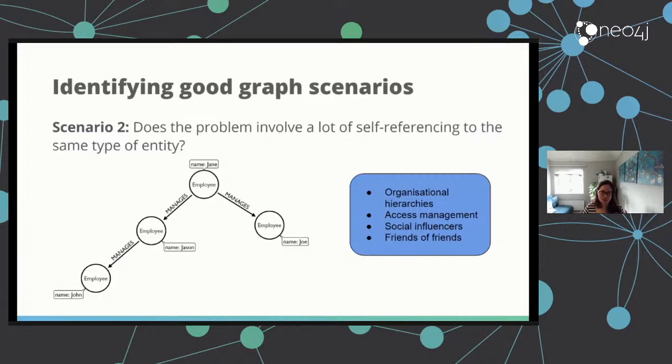So if we want to understand things like social influencers, if you think about what we're dealing with here, you're literally just going to have people nodes and how people are connected to other people, and who's reading whose posts and who's sharing whose posts and who's posting, that kind of thing. So here is a great example of where you are looking at these self-referencing relationships